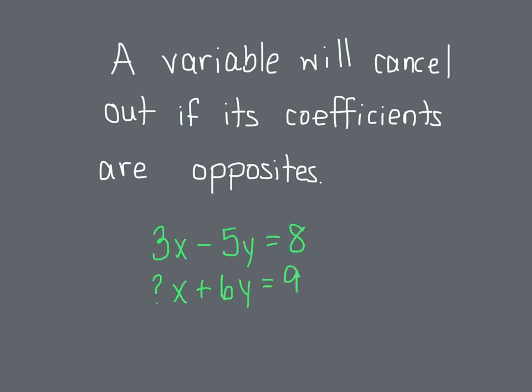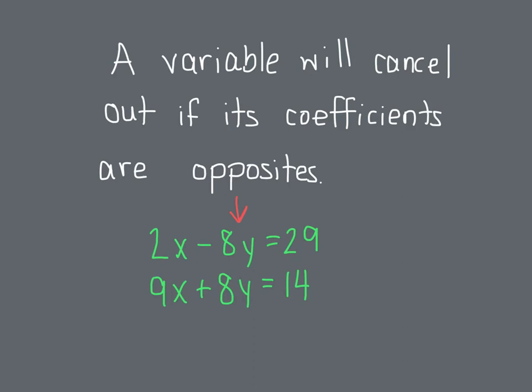In this system of equations, if I wanted to cancel out the x's, what coefficient would I need to have in the second equation? The second equation would need to have a coefficient of -3. In this system of equations, if I wanted to cancel out my y variables, what coefficient would need to be in the second equation in order for my y's to cancel out? The second y variable would need to have a coefficient of +8 in order for the y's to cancel out